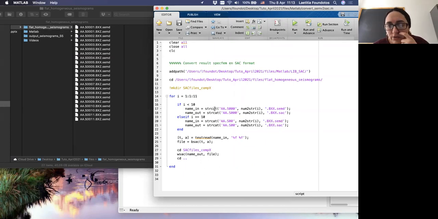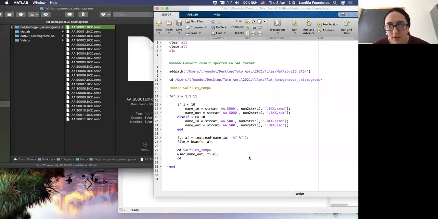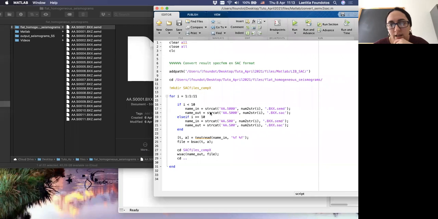Name in is the name of the input file, for example this one, and name out will be the name of the output file in SAC. Then I read each file. You can see the first column is time, the second column is amplitude. Then I convert it to SAC format and write the output.